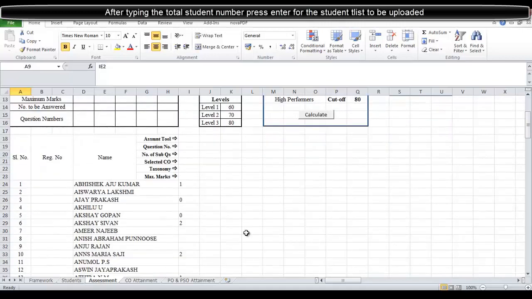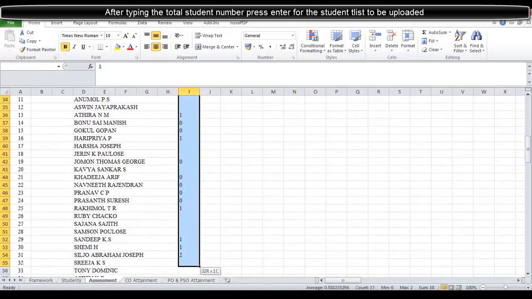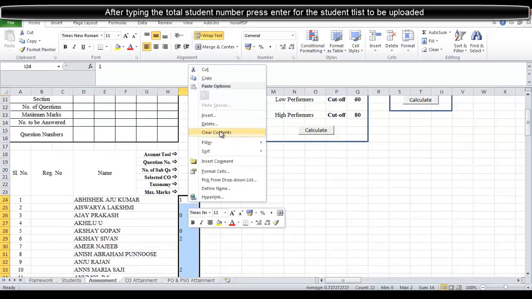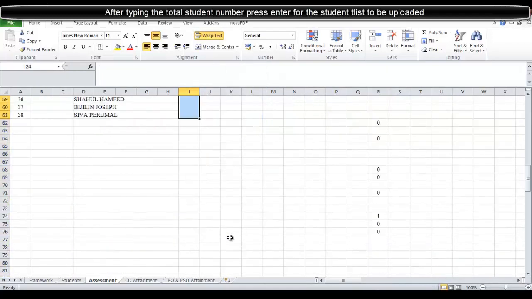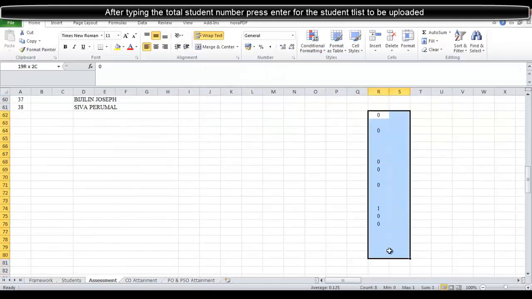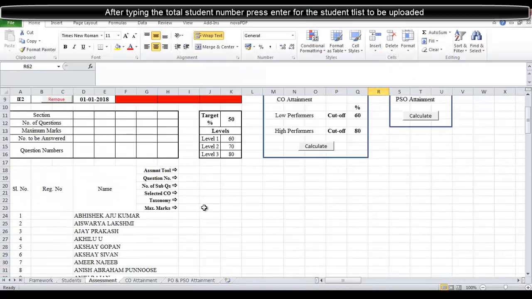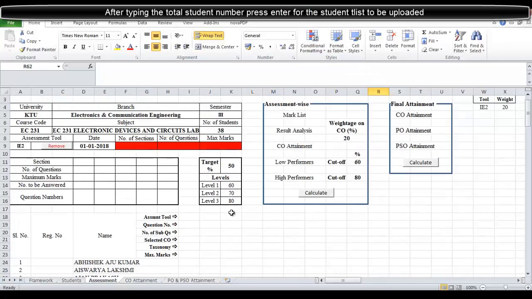So now we are having the sheet clear. These values, these junk values are from the previous case. So that also I am just going to select and do a clear content. Here also I am going to do a clear content. So now the file is now clear. So the same thing has to be done by everybody.